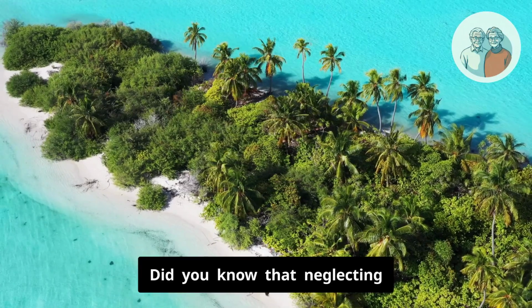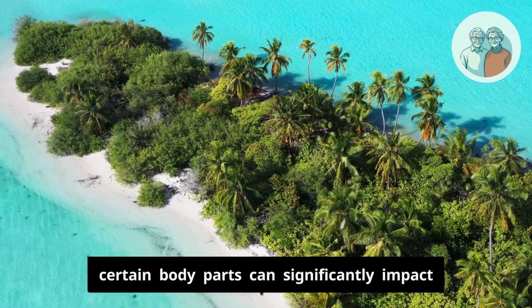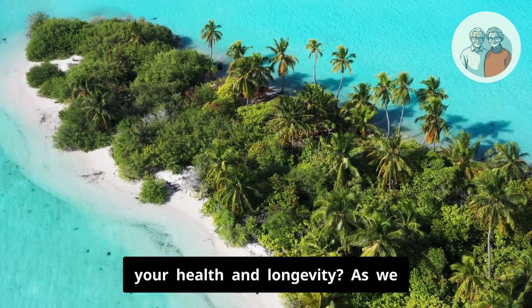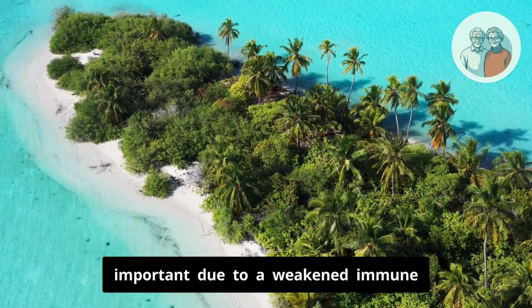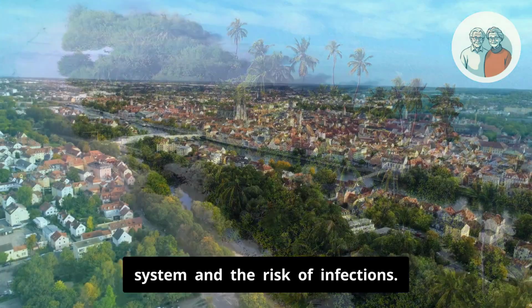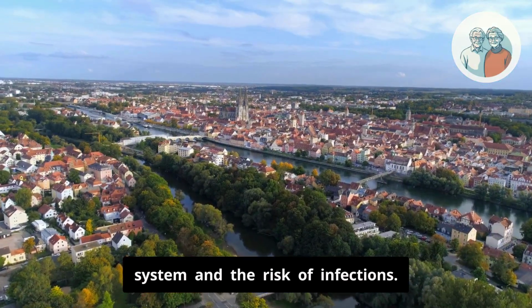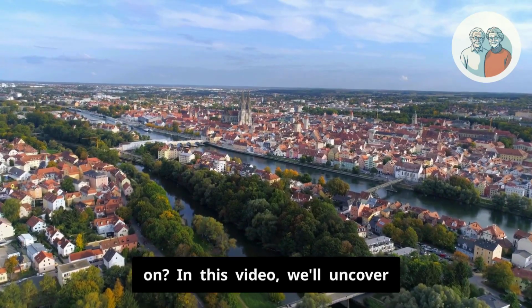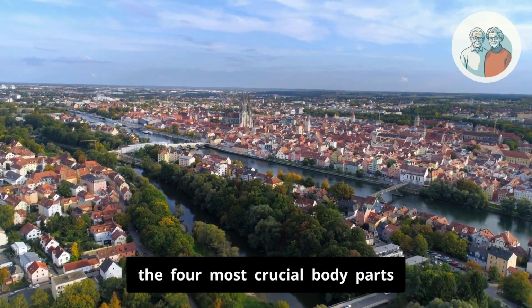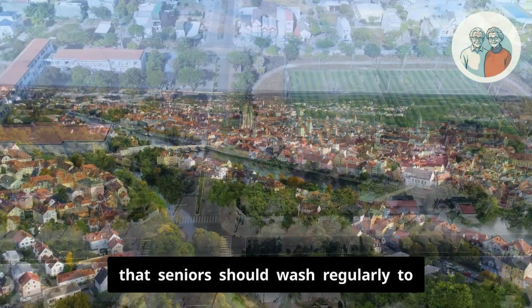Did you know that neglecting certain body parts can significantly impact your health and longevity? As we age, maintaining proper hygiene becomes increasingly important due to a weakened immune system and the risk of infections. But which areas should we focus on? In this video, we'll uncover the four most crucial body parts that seniors should wash regularly to enhance their health